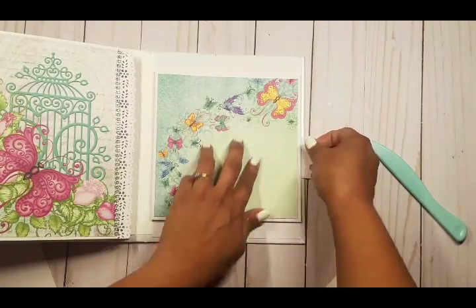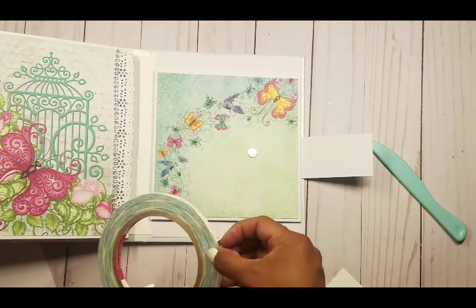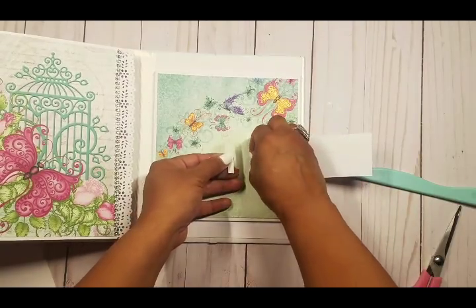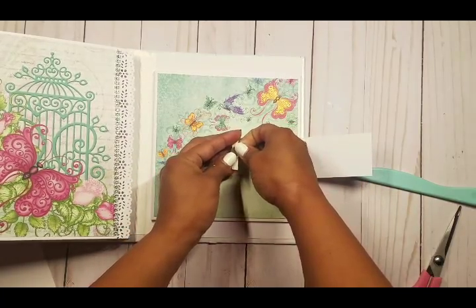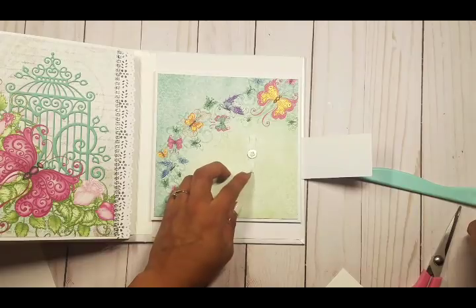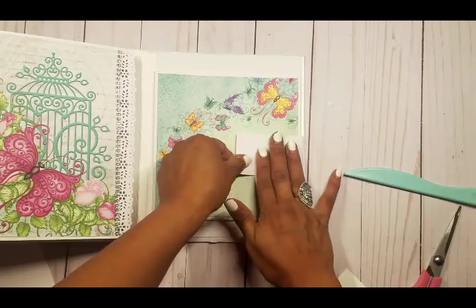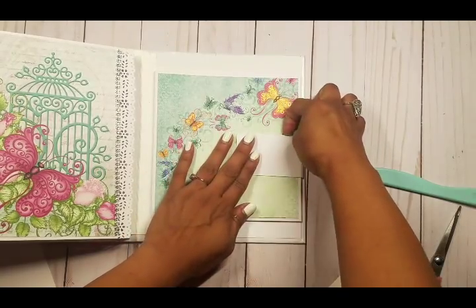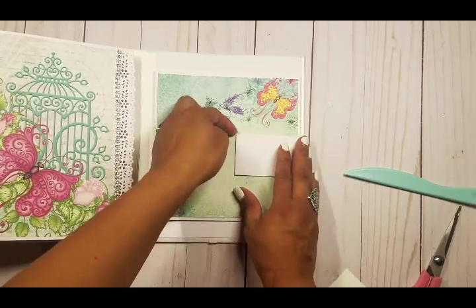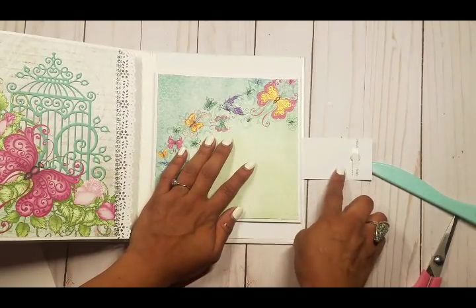That's all we're doing. And now we grab the magnet again, and I don't have a lot of room to add the double-sided tape like I always do. This is probably as long as I can go. So I'm gonna have my sticky side up, and I'm also gonna put a little bit of glue on the magnet as well. And then I'm just going to close it, and I'm not going to make it super tight. Give it a little bit of room to expand after we add the pictures. Okay, so now we have a little belt closure, and we go back and cover this and cover that, and